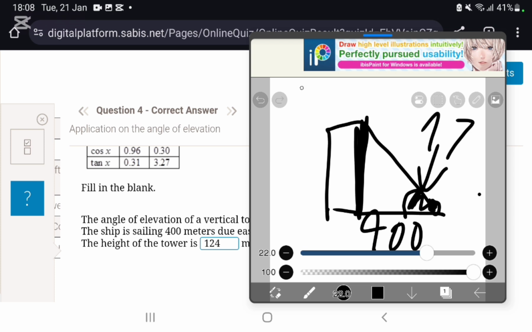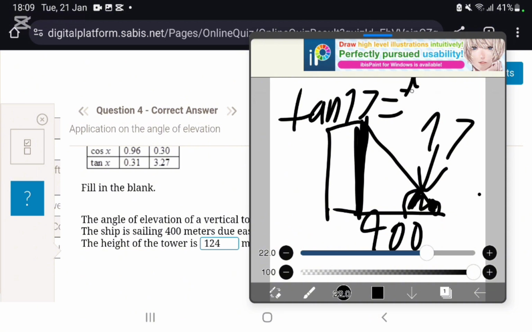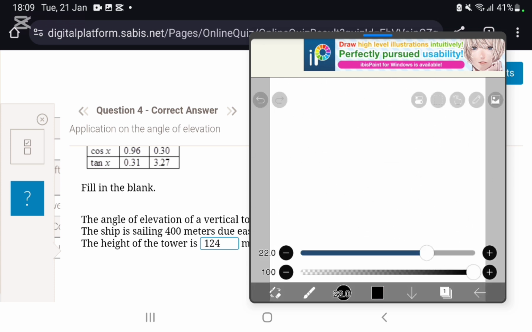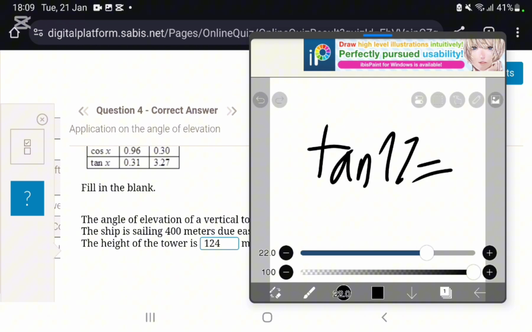So we know that tan 17 is equal to x over x, which will be the height, over 400. Cross multiplies, so we're gonna have to do tan 17 times 400. T equals to x over 400, cross multiply. So we do tan 17 times 400,